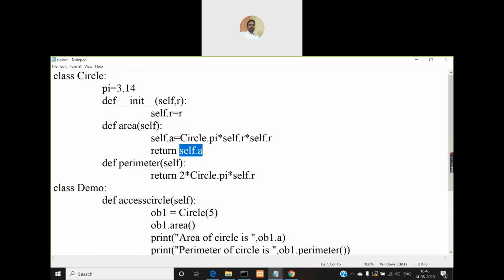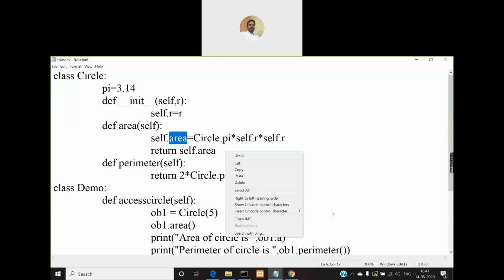But if I try to create a variable like this, area, then a problem comes. This is matching exactly with the method name area. So the method name is area, and the object variable name is also created as area. So then you will get a problem. Fine. So in that case, there is a solution for avoiding this problem.